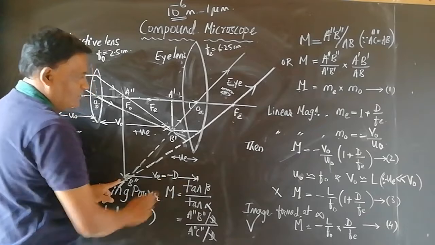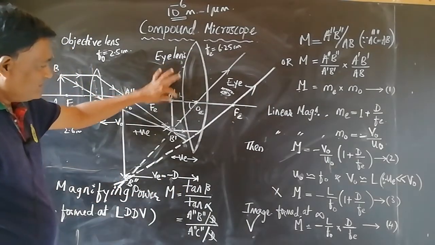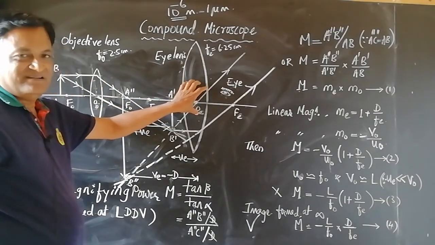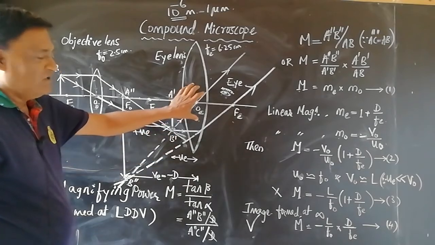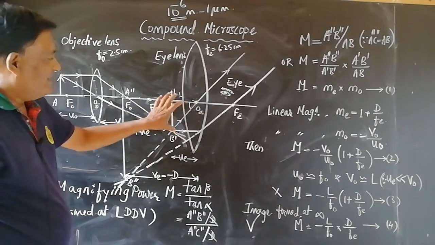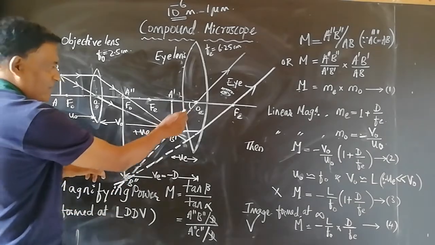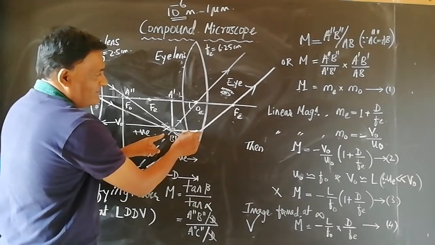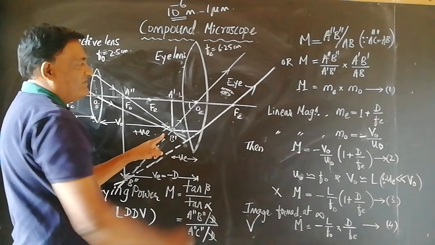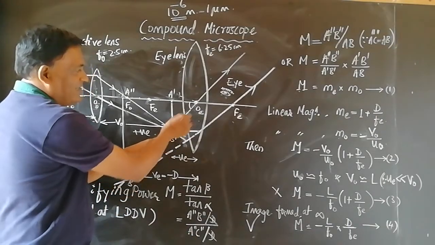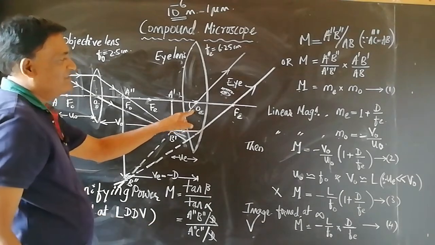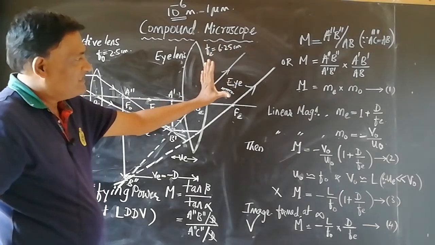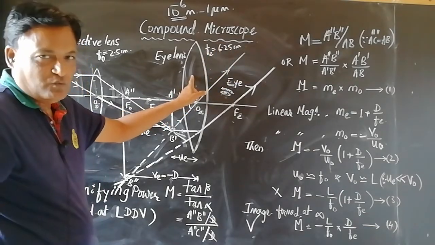of distinct vision. So, for the eye lens, A' B', the image formed by the objective lens, acts as a virtual object for the eye lens and final image. Here also, consider a set of rays: a ray parallel to the principal axis, after refraction, passes through the principal focus of the eye lens; a ray of light directed towards the optic center of the eye lens travels undeviated. Both the refracted rays are diverging, they do not meet, hence the eye lens produces a virtual image.